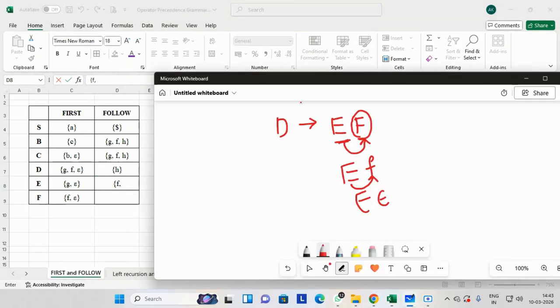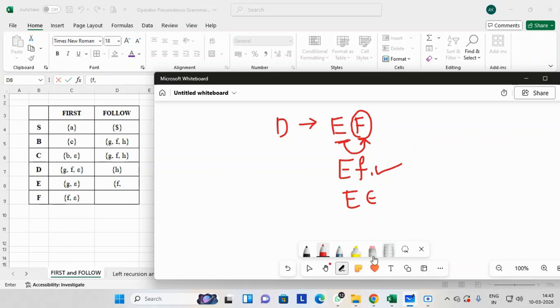let us check. Okay, pay attention. I'll just rewrite it because the writing is not so clear. As I said, if a capital letter is followed by a capital letter, so capital letter E is followed by capital letter F. So F is replaced by its first, that is small f, and capital F is replaced by its first, which is epsilon. Because of this, I have added f in my list. You can see over here, I have added f in my list. But now if you observe this particular production, E epsilon.